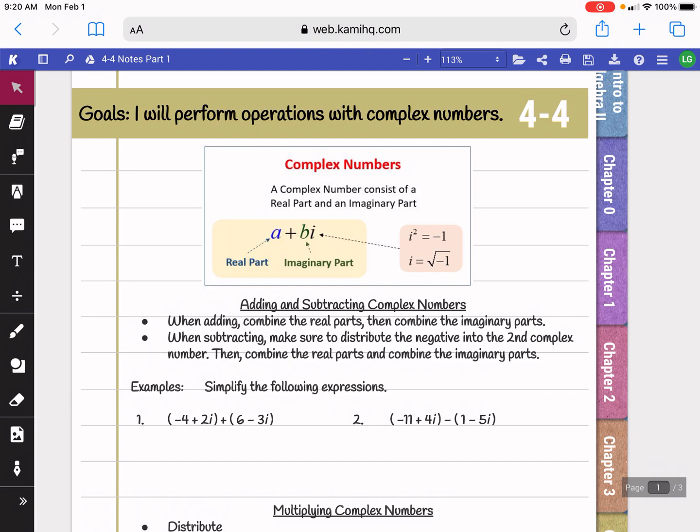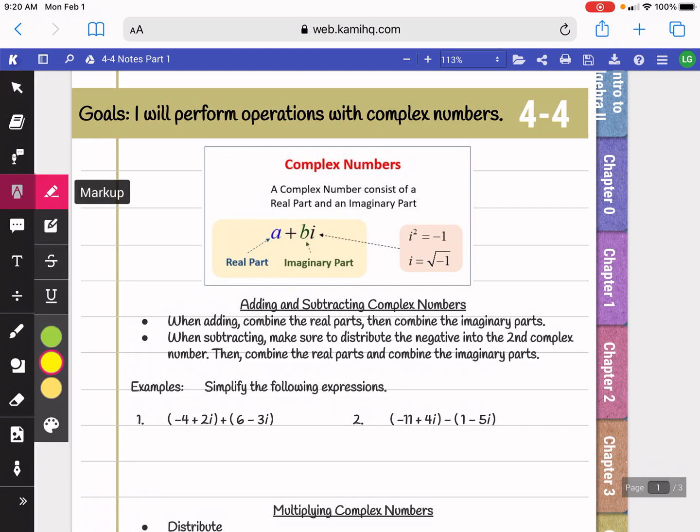the end. In math, to represent the imaginary numbers, we use the italic i. Now this represents something. It's not just the letter i. So when you see the letter i in italic in math, it represents the square root of -1. Because you cannot take the square root of a negative number, we're using an imaginary letter i to represent the square root of -1. However, if you were to square that, square the square root of -1, you would get